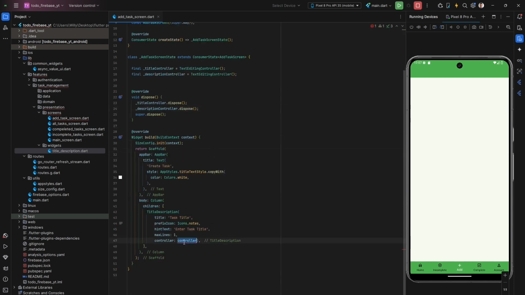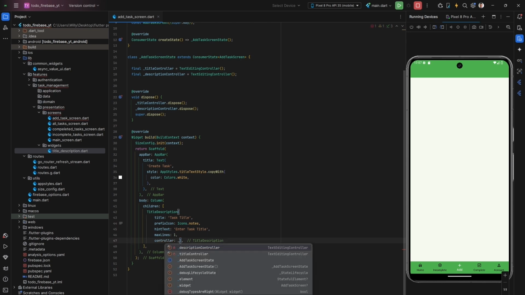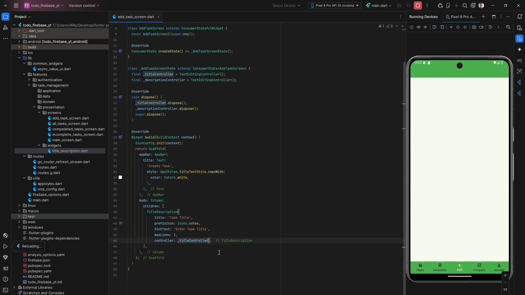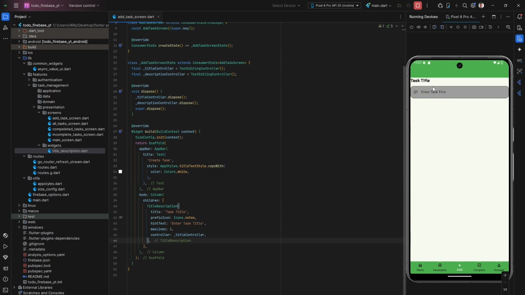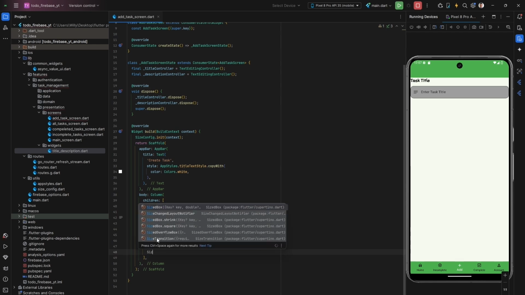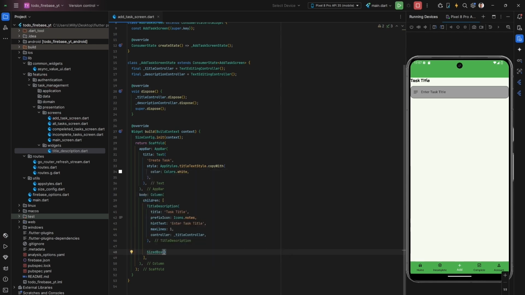So this one I'm going to set to title controller, like that. After that, we put a comma there. As you can see, now we get that. We are going to create a sized box with a height of size config dot get proportionate height of 10,